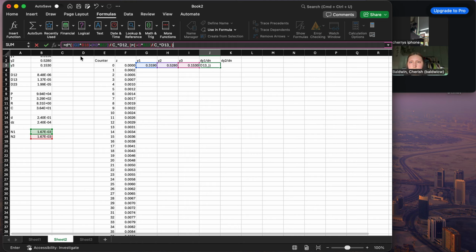And then we need to make sure that this parenthesis, okay, and then we need another parenthesis all the way around this. Okay,